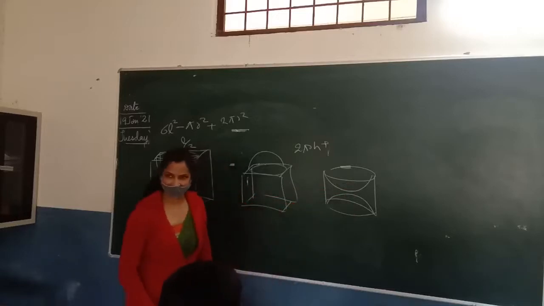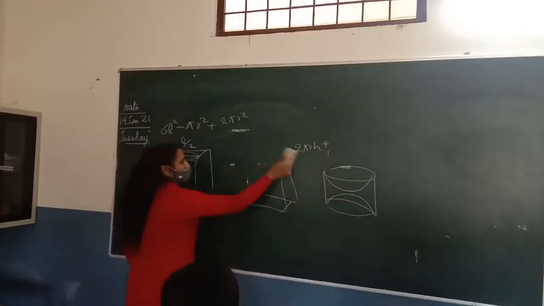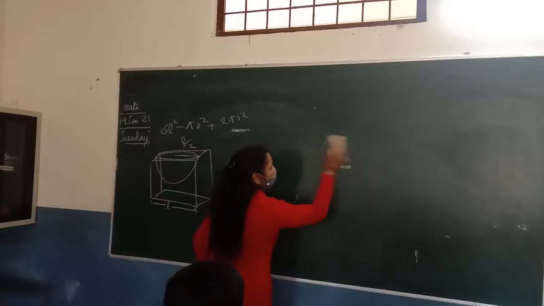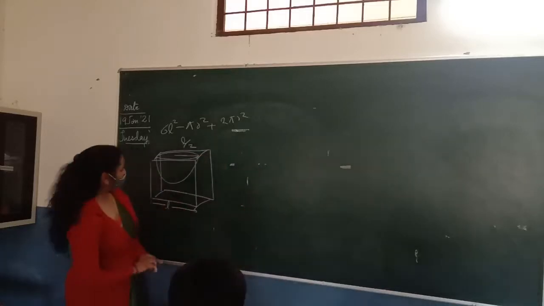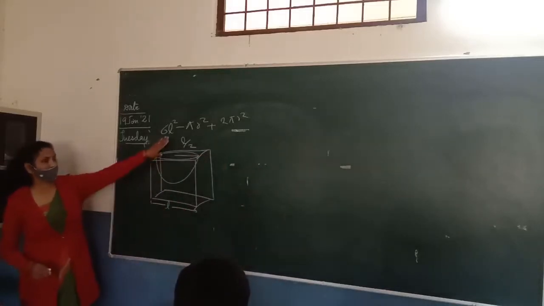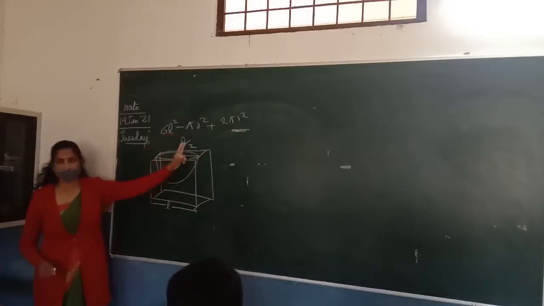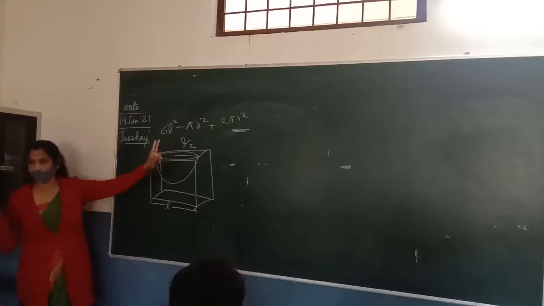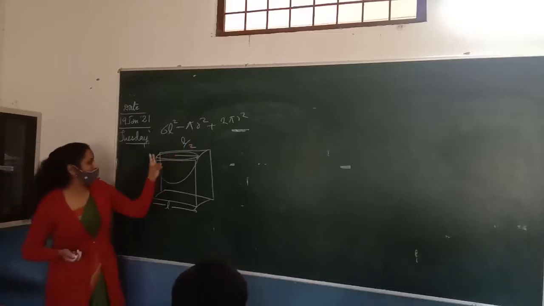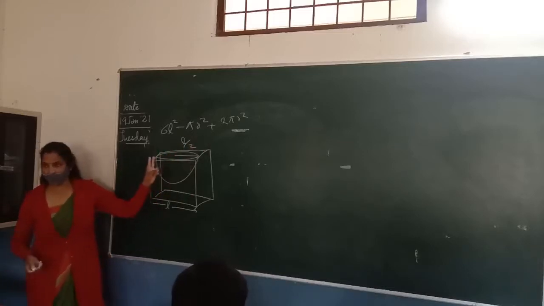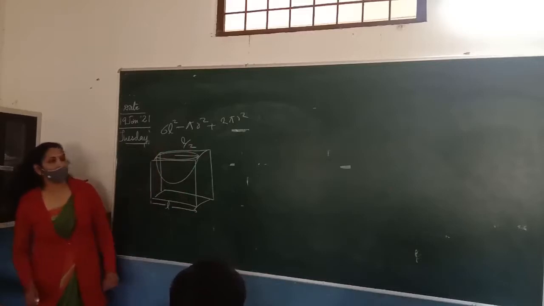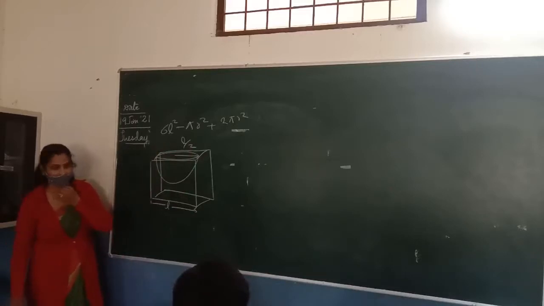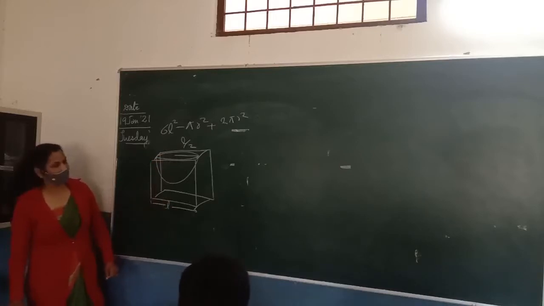Clear? Okay. So for this question, thank you. Now sit down. For this question, first of all we will find the total surface area of the cube. We will subtract the area of the circular portion which we scooped out from this cube, and then we will add the surface area of this hemisphere. Then you can put the values here and easily calculate, not calculate, because L is given, so no calculation is needed. Okay.